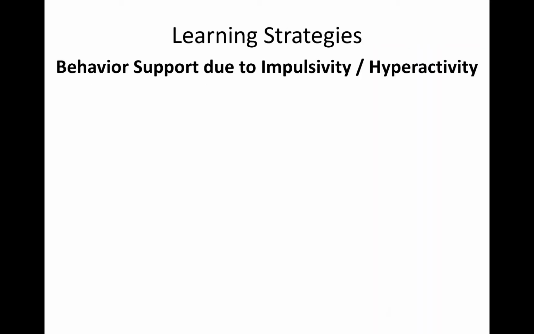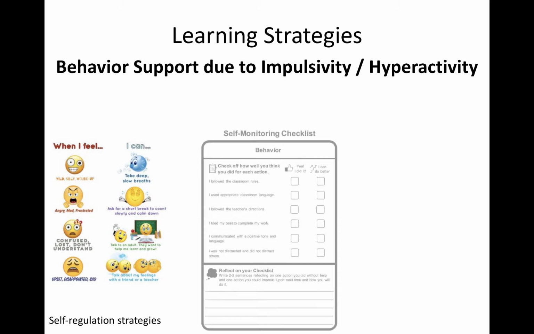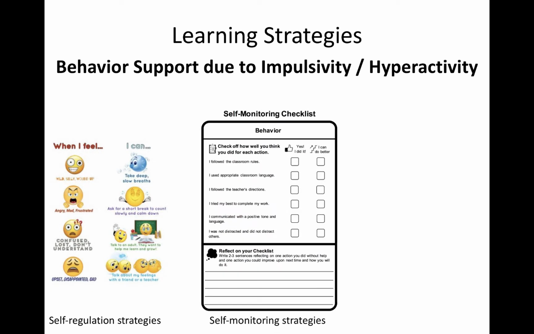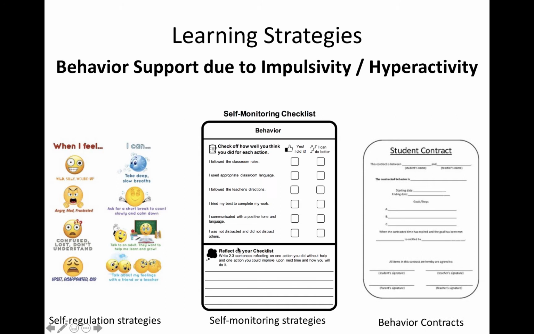Okay, now we also have students with attention challenges that have impulsivity challenges. And so when that is happening, we need to make sure that we are supporting their behavior. We want to shape their behavior. And we can do this through a variety of different ways. We can go ahead and provide them with self regulation strategies and basically teach them, if I'm feeling this way, here is a potential solution that I can follow through with. So if I'm feeling wild, silly, or wound up, I can definitely take a deep breath and just slow, deep